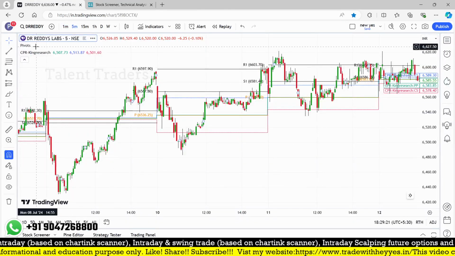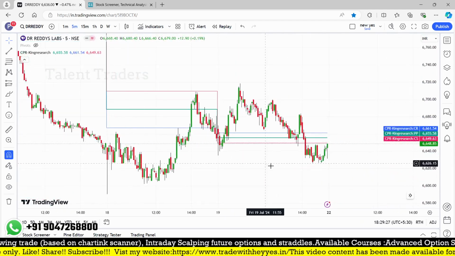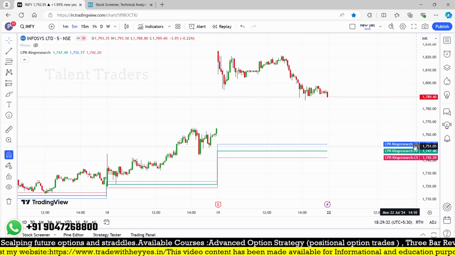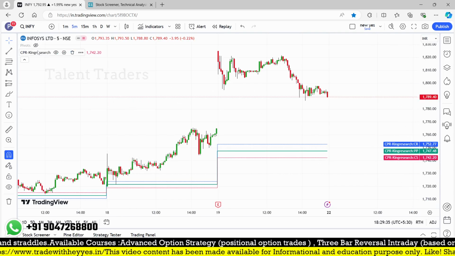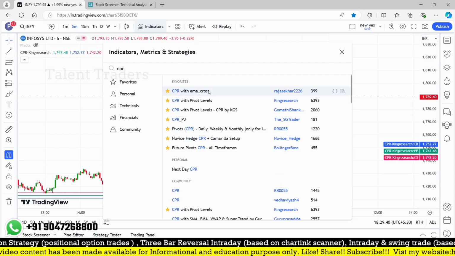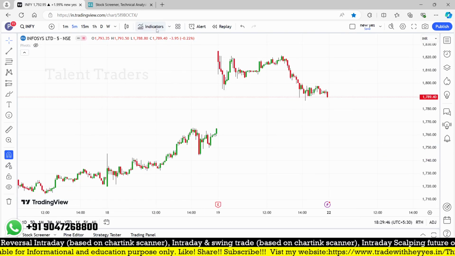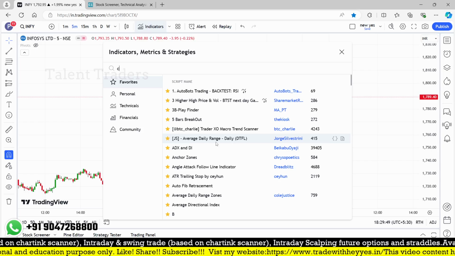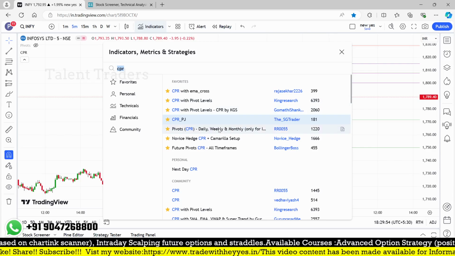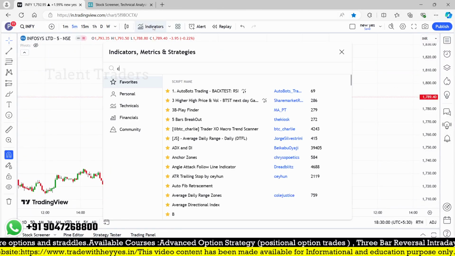Let me first add this pivot, and let me check the CPR on Infosys in the feed. Every condition is very important. So here is the TC, and here is the BC. If you want, you can check some other indicators also, for BC, TC, pivot or CPR. A lot of indicators are available, so you can use any one of them. We will remove this and add one more. Here CPR will tell you next day, daily, weekly, monthly. I think it is a free version, so only two indicators are allowed. CPR,